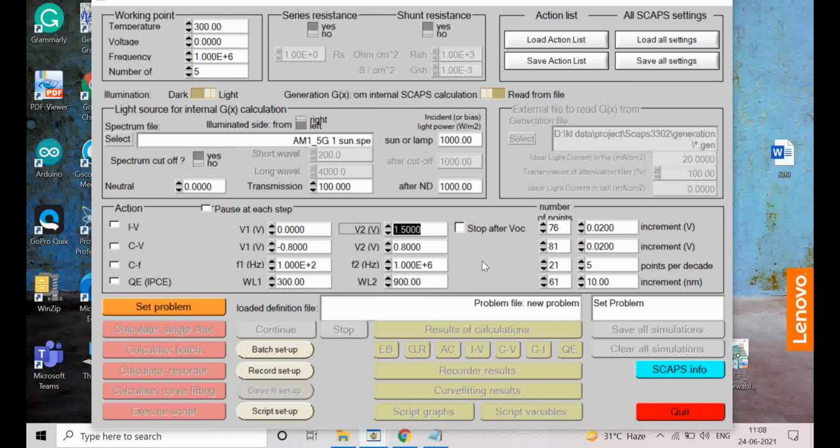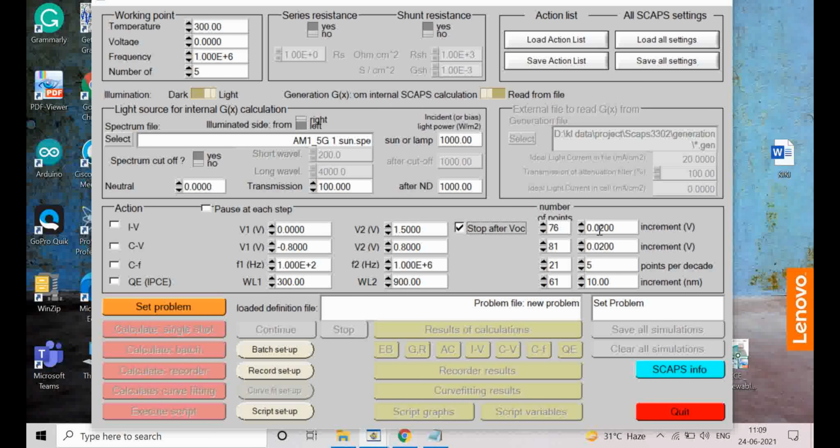And you keep the stop after VOC. Whatever the VOC, it will stop. This IV will only generate up to that VOC point. Suppose your VOC is 1 volt, then the IV curve will stop at 1 volt. So this is a good practice: use from 0 to your band gap value and stop after VOC. And then, how many points, or what is your step size?